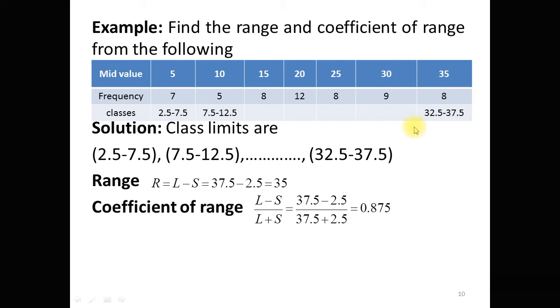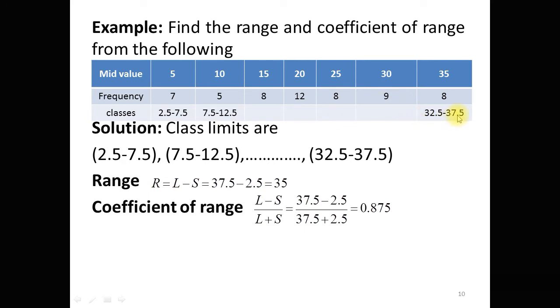I have already told you in the previous video lectures how we can construct the group form for a given ungrouped data. Now in this data, the mid values of the class are given and the frequencies are given. So these will be the classes for these mid values: 2.5 to 7.5, 7.5 to 12.5 and so on,